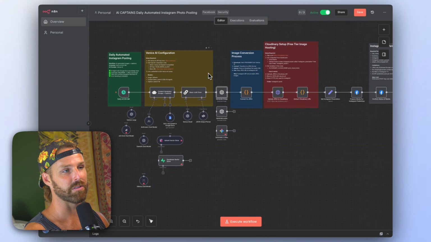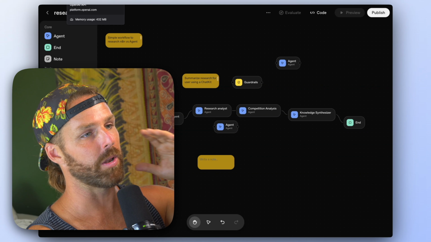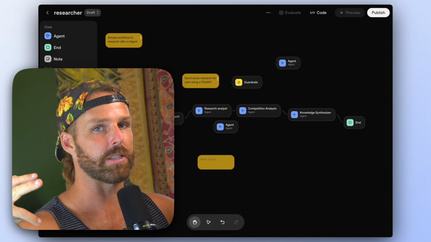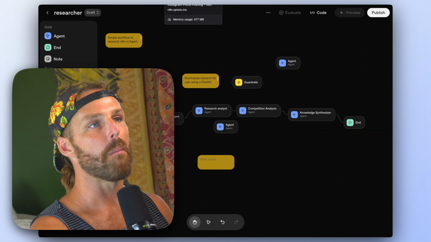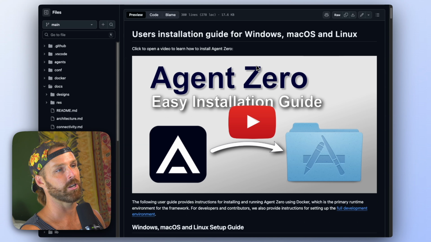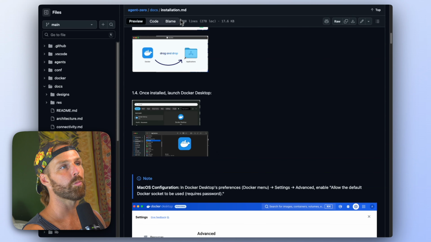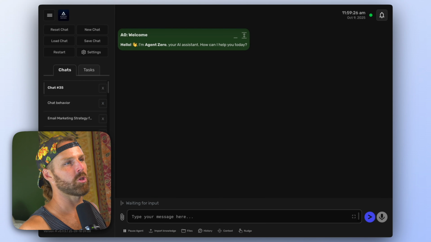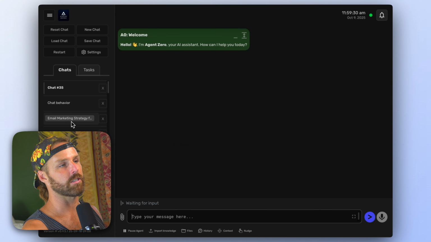Once again, the purpose of this video is to introduce you to all these different options and explain why the vendor lock-in of OpenAI isn't worth it, and you will be a more sovereign, autonomous individual in this world if you learn to use as many tools as you can, but especially the open-ended ones, which leads us to Agent Zero. Agent Zero is super open source. It's on GitHub. There's a big community. It's a cool project, and it's a cool project because it can change itself. So let me show you what I use Agent Zero for and why the open sourceness of it is important.